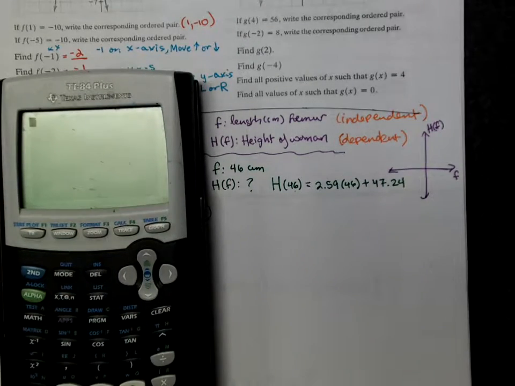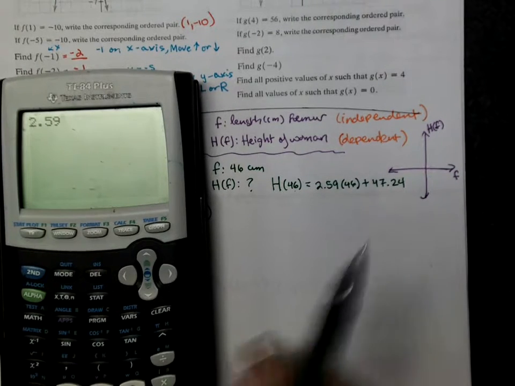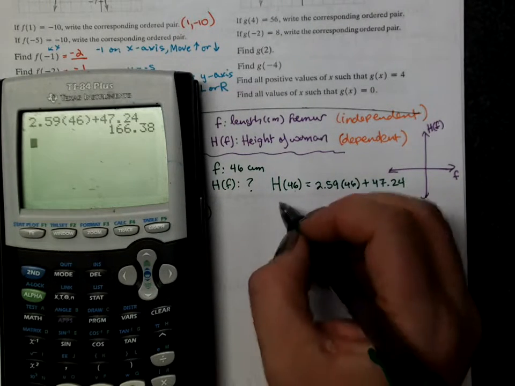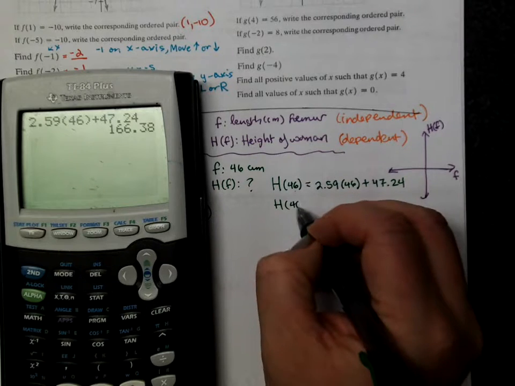And you can use the store button if you want to store 46, but this is really just basically one entry, so it's probably just a little more efficient just to enter it. 2.59. I enter it just like I plugged it in, parenthesis, 46. Close the parenthesis, plus 47.24. So the height of a woman with a 46-inch femur is